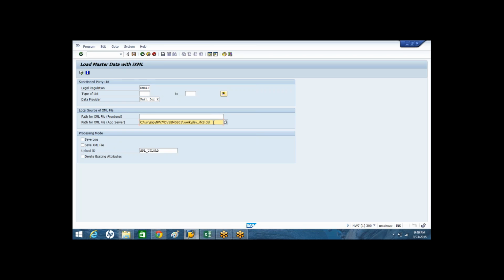Not only for this, that is the beauty of SAP GTS. It was developed in such a way to accept everything without any manual intervention by the functional consultant or the developers in many cases. This is the case not only for SPL. It is the same for uploading the ECCN numbers or the ICCN numbers. Whatever it is, for all the cases, SAP GTS is enabled to accept whatever data is given by the data provider or the government agency. Okay.